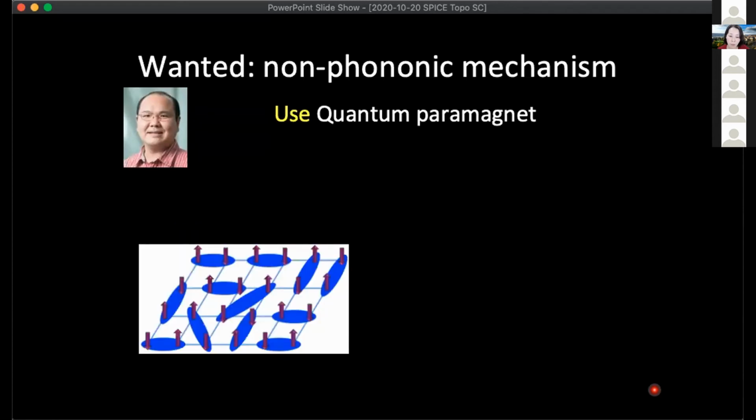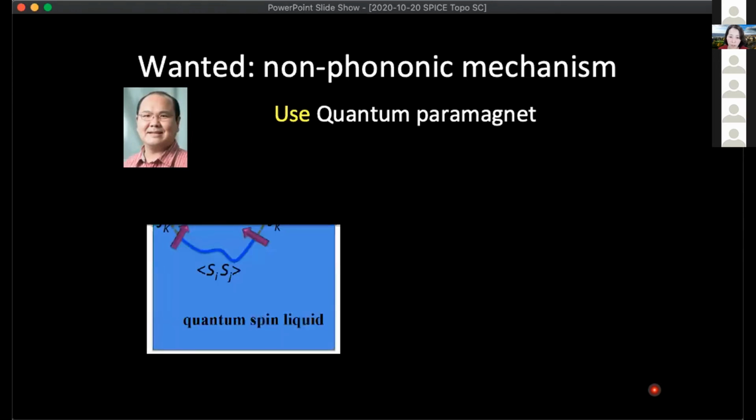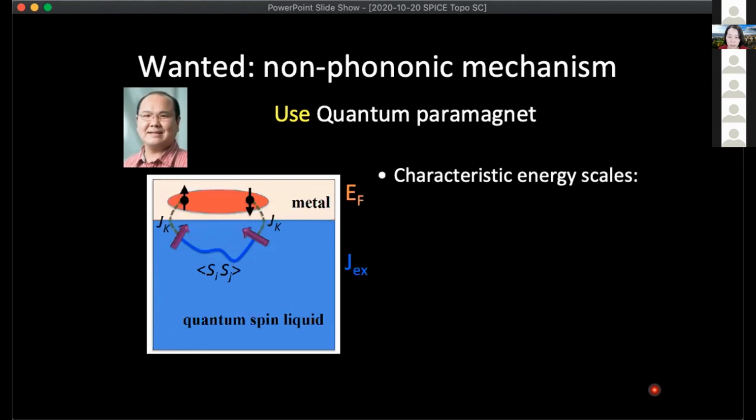Now, in the pursuit of a non-phononic mechanism, because phonons give us S-wave pairing, what's perhaps best known is the RVB approach, which is, okay, let's start with spin singlets that are just ready to become pairs. They're already paired, just ready to move around coherently, and let them move by adding holes. But it has always proven very difficult to dope quantum spin liquids even if you find them. So the strategy that we have thought about was, instead of trying to destroy the quantum spin liquid or quantum paramagnet,